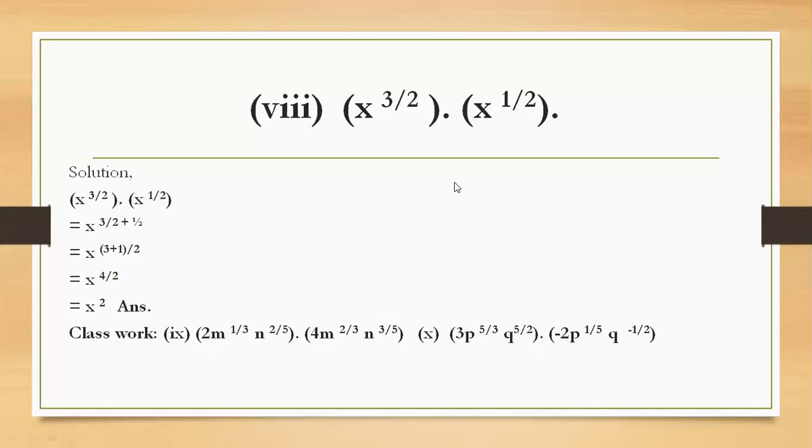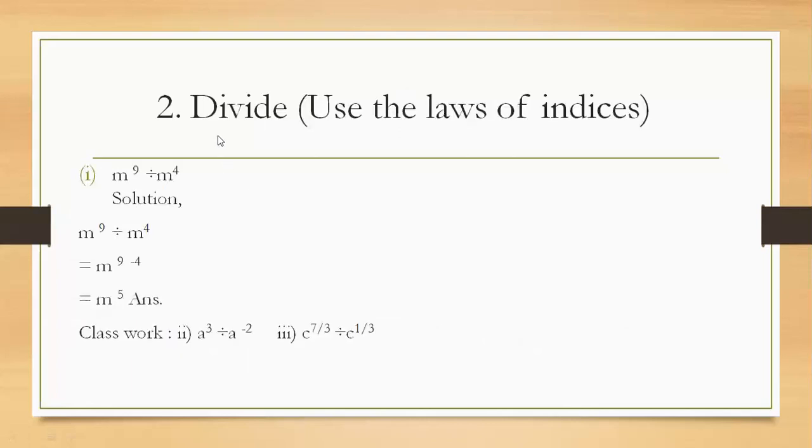Okay. Now look here. I am moving to the next one. I hope you can do this easily. Divide. Use the laws of indices. As you know, in division we have to subtract the powers. The base is the same, so we subtract the power: 9 minus 4 will be 5. Similarly, we have to solve this other question also. Can you solve, children? Yes, sir. 8 to the power 5.